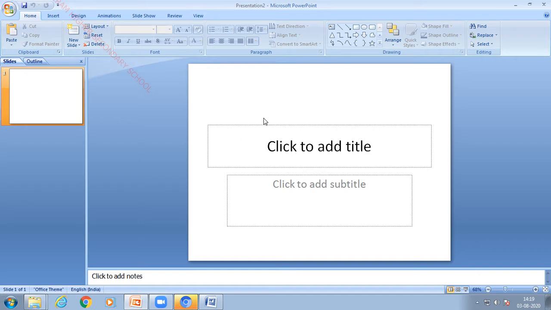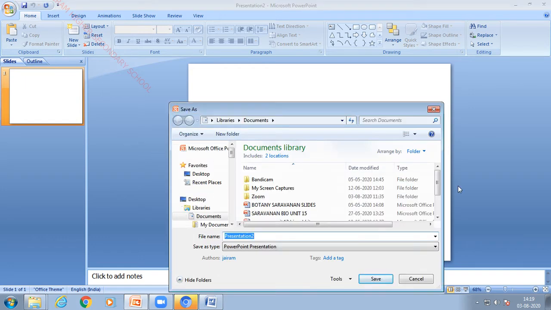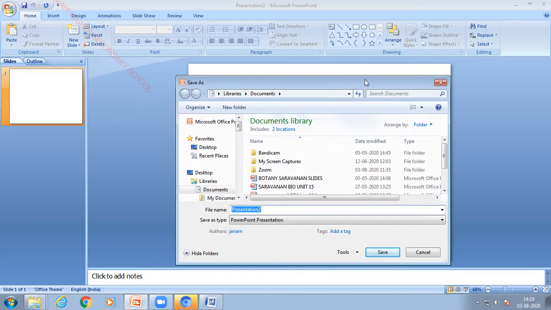To open a save as dialog box, you have to choose the office button, then save as. After selecting the save as option, you will be getting a save as dialog box. In this dialog box, the left side will have locations, and the right side will have predefined files. So now I am going to select a location. My location is desktop, so I am selecting desktop.